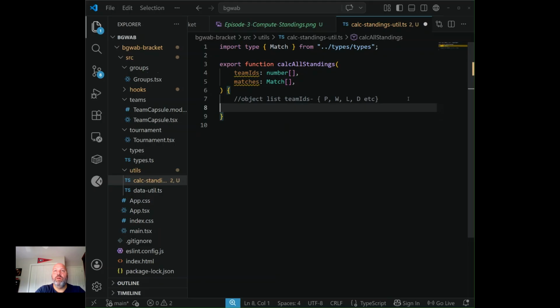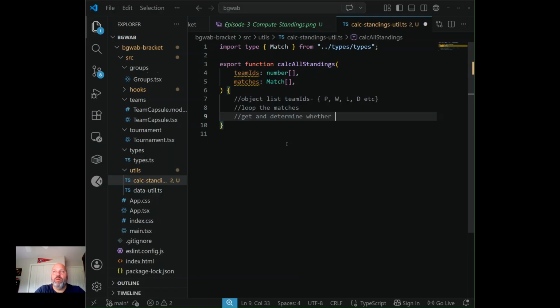Then we need to loop the matches, right? And so we're going to get them. I don't know what order we're getting them in, and I'm not going to filter them or sort them rather in any way to do that. I'm just going to loop them. So we're going to have running calculations for each of these teams. So we're going to loop the matches. Then we're going to get and determine